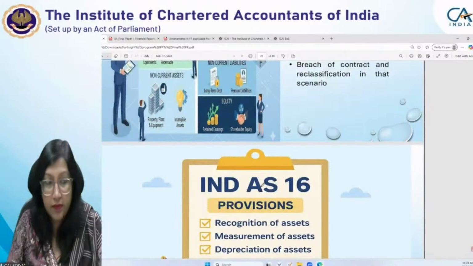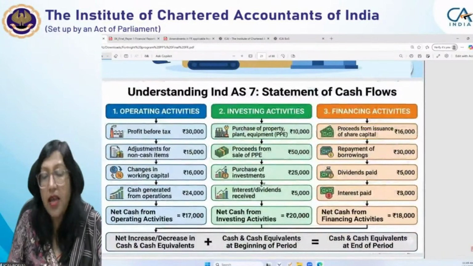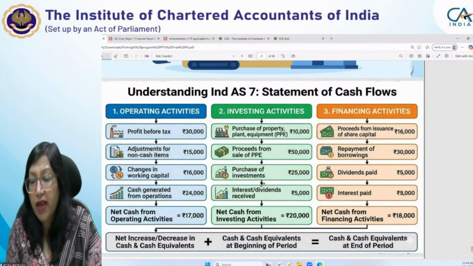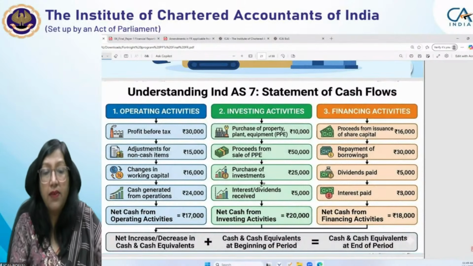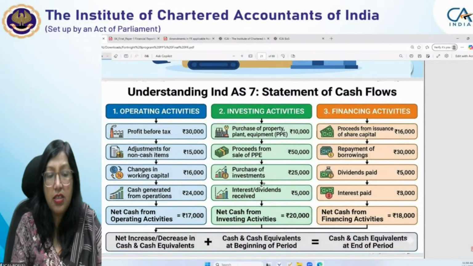16, मैंने आपसे ऑलरेडी डिस्कस कर लिया। इन डेज 7 स्टेटमेंट ऑफ कैश फ्लोज में 3 तरह की एक्टिविटीज हैं: ऑपरेटिंग एक्टिविटी, इन्वेस्टिंग एक्टिविटी, फाइनेंसिंग एक्टिविटी। और इन्हीं एक्टिविटीज के अंदर कैसे आपको अकाउंटिंग करनी है, ये आप इस पिक्चर को मत जाइएगा, पिक्चर में जो फिगर्स दिए हैं वो हाइपोथेटिकल हैं। मीन आपको जो चेंजेस देखने हैं वो आप देखिए कि क्या होता है।